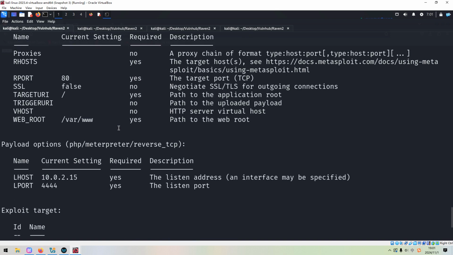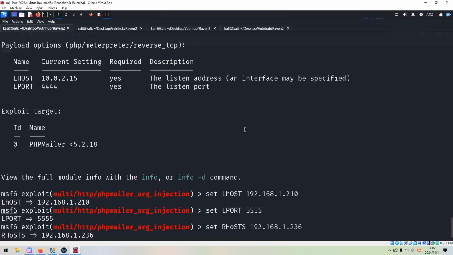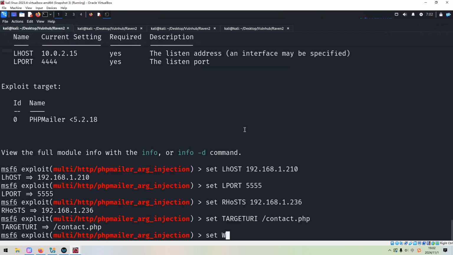And let me check. Also, I think in most cases we need to change the path of the web root. We can set the path. Oh, sorry, not that. This should be web root /var/www/html.